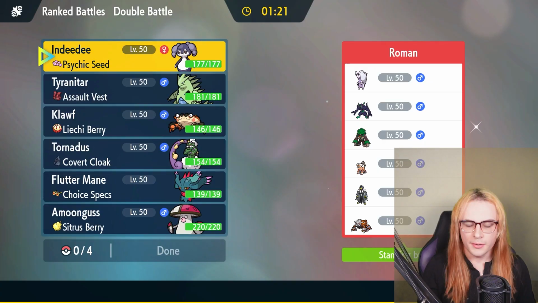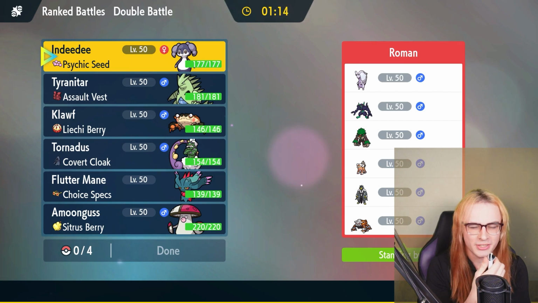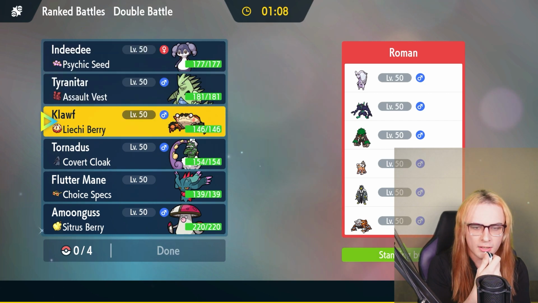Peace out, guys. Okay, so moving on to our final game of the day. Depending on how quick this goes, most likely our final at least. We're taking on a team with Hoodra. Hoodra already is so annoying for this build, but thankfully, this might be where the Endeavor Klawf actually kind of works out well. We're going to lead off with...